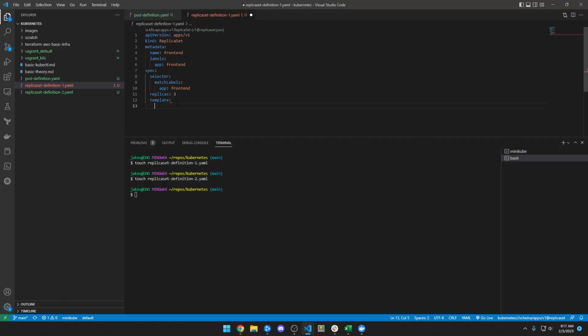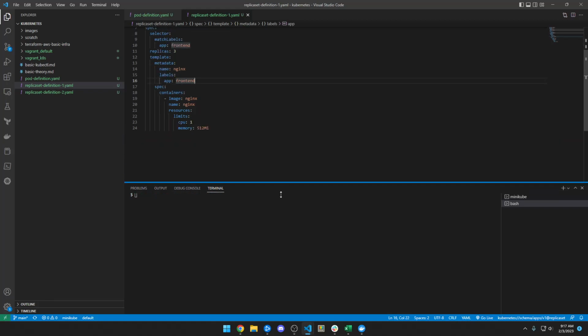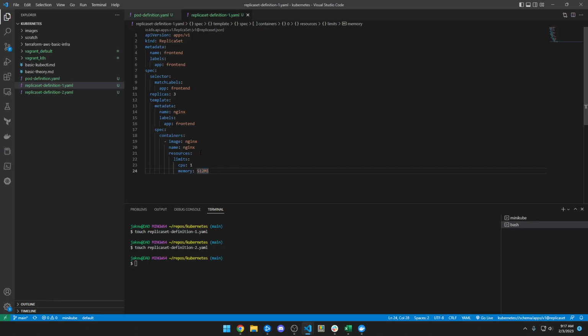So I'm just going to paste this indented, as you can see, and the indentation is not going to work. So we're just going to use Alt Control arrow down, and I'm going to tab this over twice, and now it's indented correctly. So recap. We have an API version, apps v1, a kind is ReplicaSet, the name of our ReplicaSet is frontend, the label